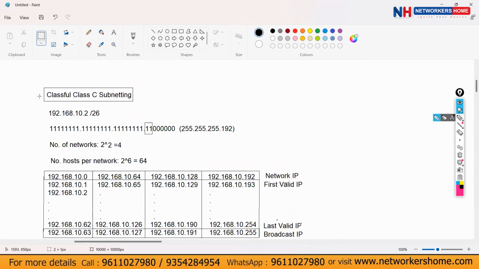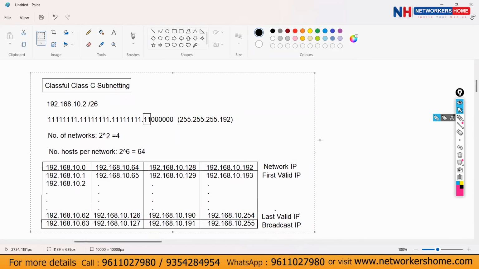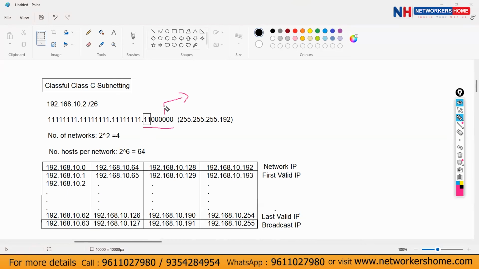Sir, can you tell me once again the subnet mask, how it is 192? Okay, just a second. The subnet mask? Oh, this one, 192? Yes. So convert this last octet into decimal. It's in binary, correct? Yes. If you convert this to decimal, you will get 192. This again is in binary.